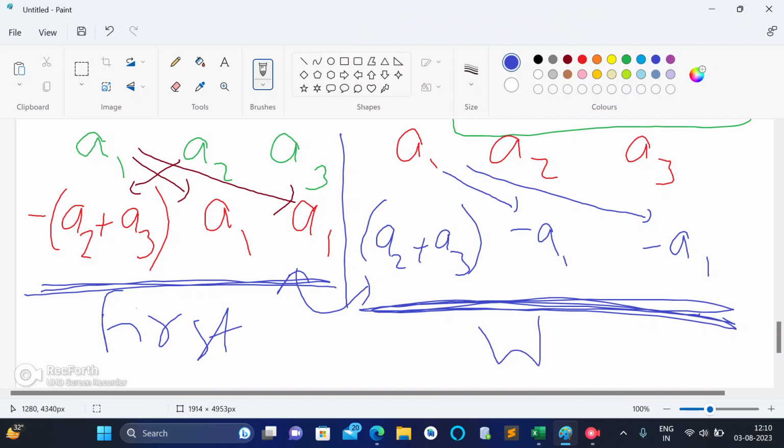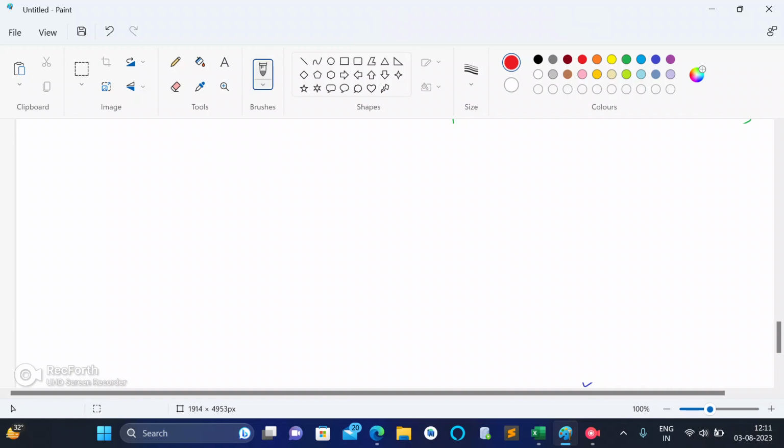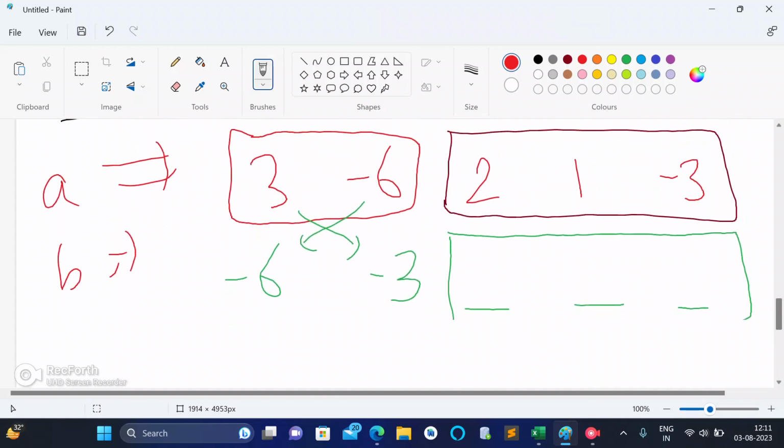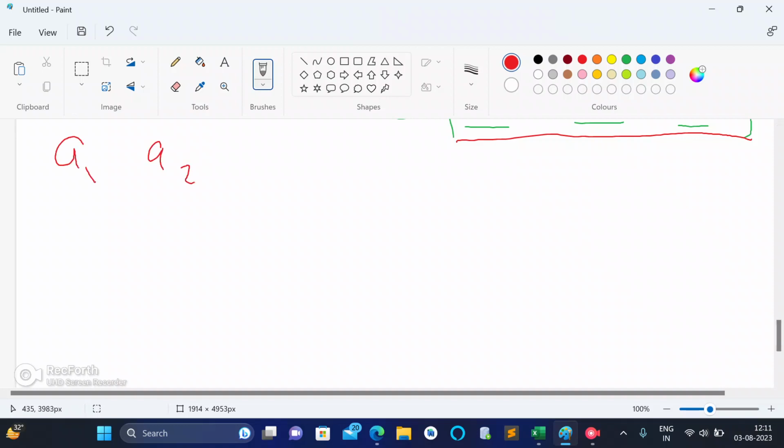You can choose any of the ways. Either you can choose the first way, or you can choose the second way. Okay, let me go with the second way. So what I will do is, as I said, there are three if-else conditions which we need to check. So let me come to that point first. We are actually going to fill these three values. So how will we fill these three values?